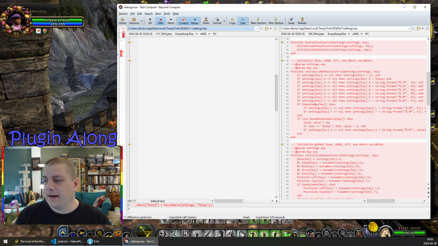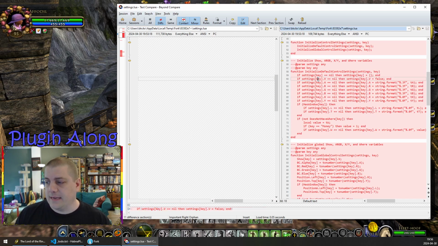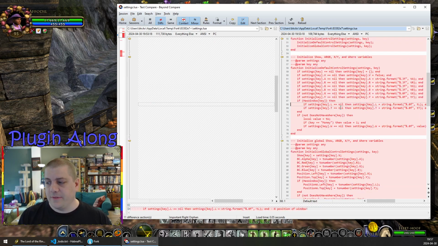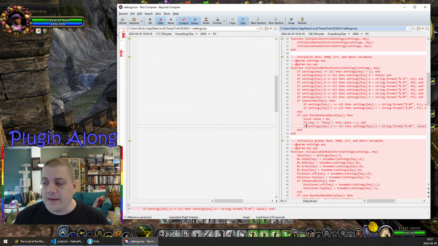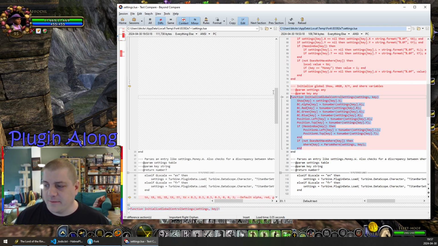So we come on in and we do the settings of a key. We do all of this initialization, and we have to pay attention to, does it have a window? If so, we want to set the left and top of the window values there. And if it does have a where, we want to go ahead and initialize the where value as well, and we can go ahead and take care of that remove after 2013 code, because it doesn't cost us very much to do the check and say, is there a discrepancy here? Probably will never be, but we can just do the check in one place. And the initialization of these other variables,